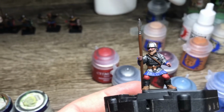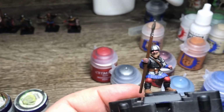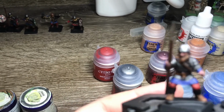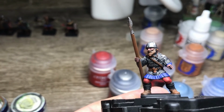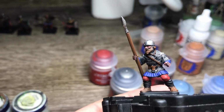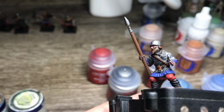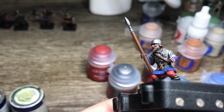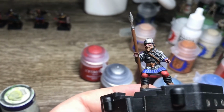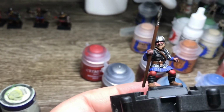So there we are. We've got the Mournfang Brown on now as a base for all the brown colours. Just trying to get it to focus. There we go. I've done all the leather work, like the belts and the straps and everything like that, the necklace around the neck. It's at this stage that I realised I forgot to paint his neck, so we'll fix that up. But then once we fix that up, we'll